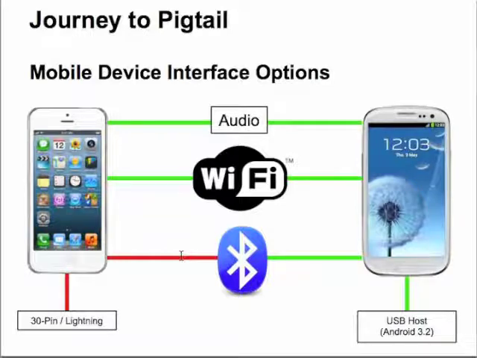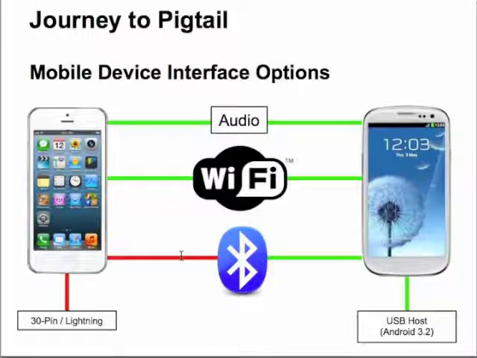So this is what I should have done when I started working on Pigtail: draw out a diagram like this and look at what interfaces were available between iOS and Android and pick the best one. And you'll notice that two of these lines are in red. So both devices have audio, Wi-Fi, and Bluetooth. Audio, if we wanted to do some AFSK to get data in, we could do that, but that's kind of annoying and old school. We have Wi-Fi there on both devices, and we have Bluetooth on both devices, but the